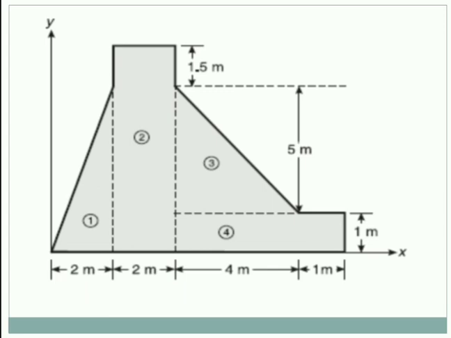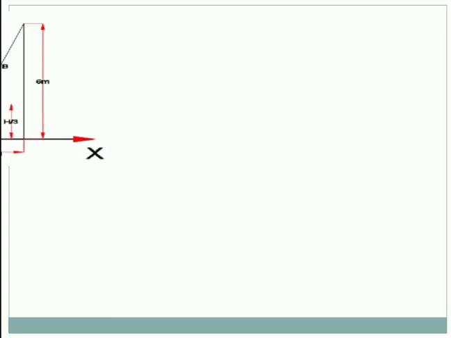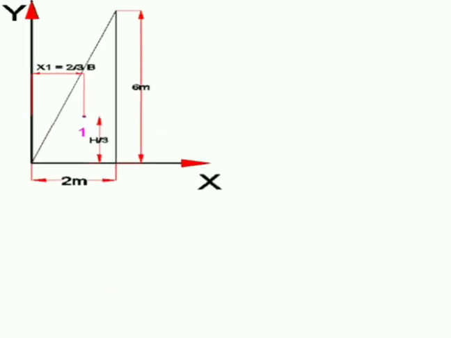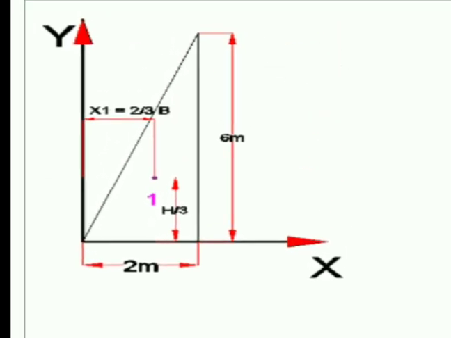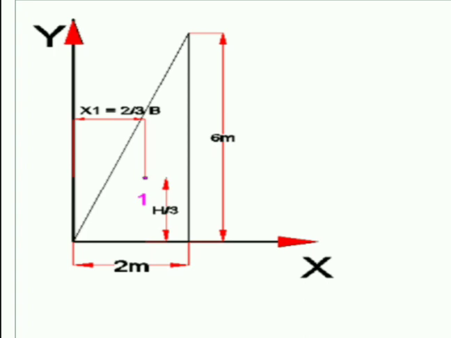Let's move to the next step, where I am going to locate the centroidal distance of various elements with respect to the axes, which are the x-axis and y-axis respectively, and the entire figure lies in the first quadrant. First I'll start with the triangle. I'll zoom it for your convenience. Now x1 will be 2/3 of b, that is 2/3 of base, and y1 will be h by 3. Sorry, I forgot to mark that y1 there. Please mark it while making the notes.